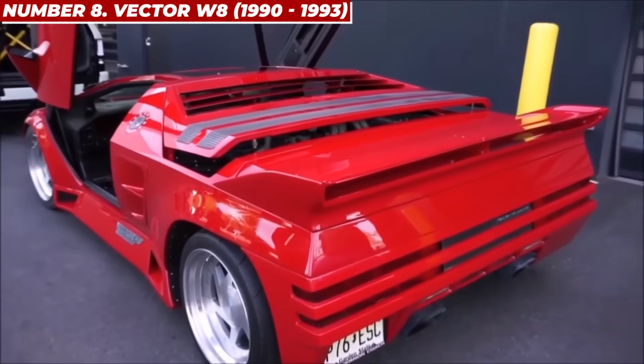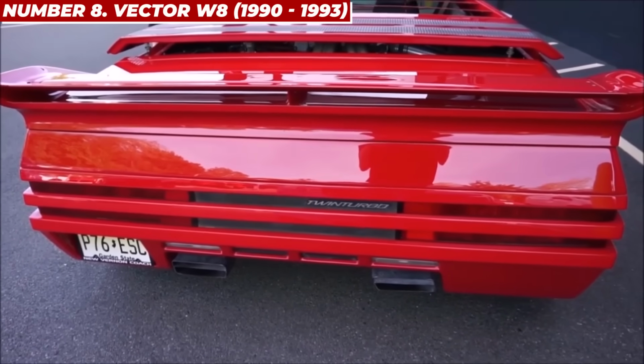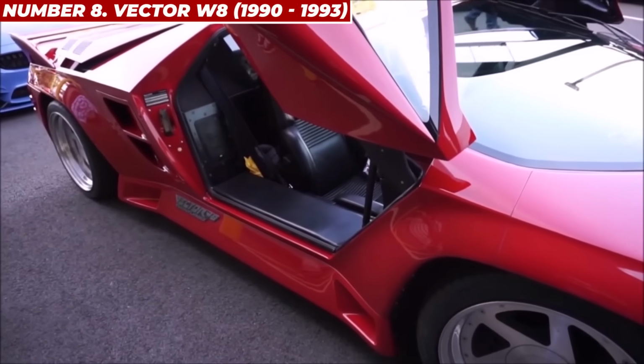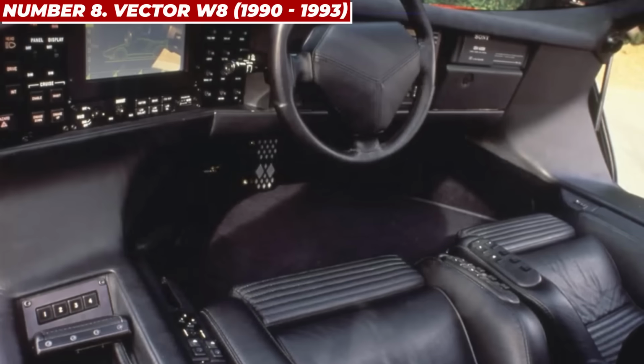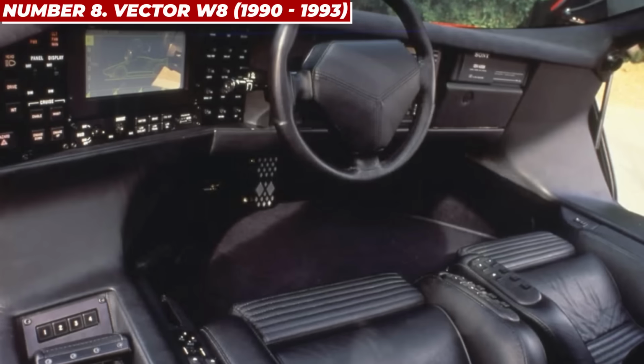What makes the W8 particularly tragic is that it represented American ambition to compete with European supercar manufacturers, but its failure reinforced stereotypes about American cars being unable to match European quality and refinement. Despite its rarity making it valuable to collectors today, the Vector W8 stands as one of the most spectacular failures